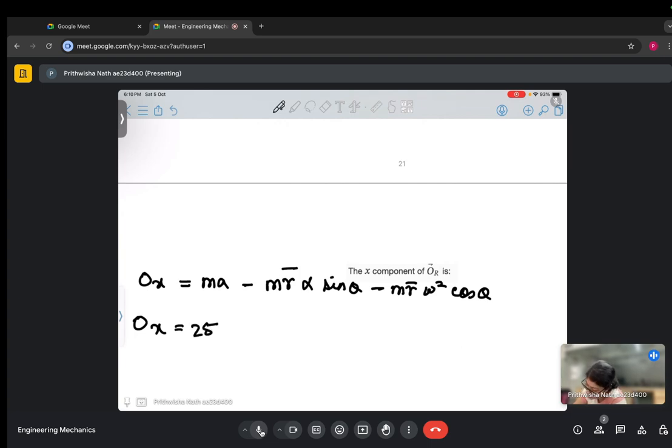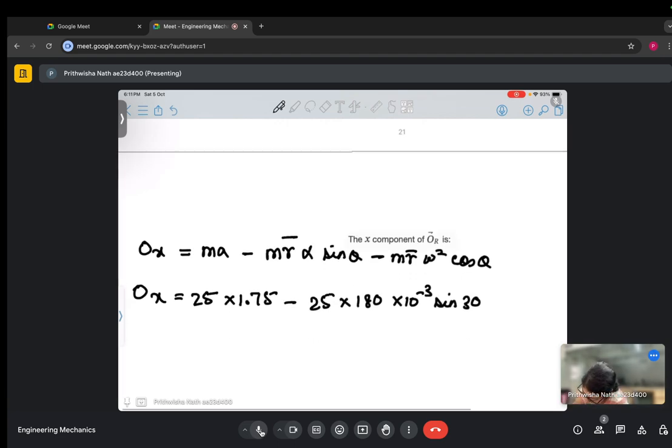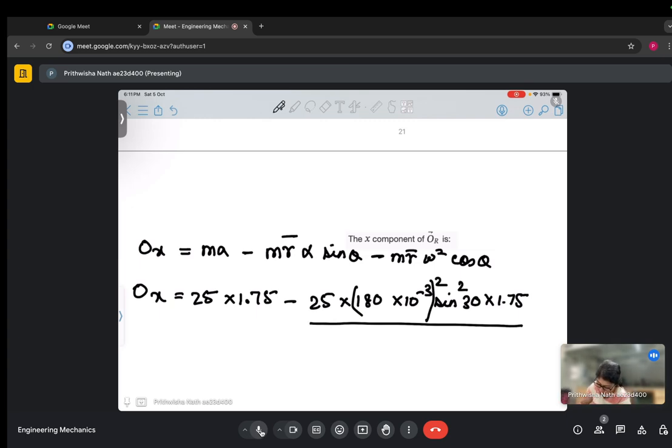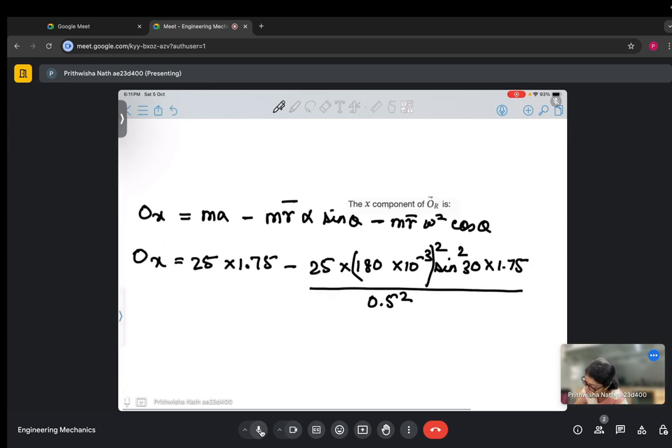M is 25, acceleration is given as 1.75, R is 180 into 10 to the power minus 3, alpha is, so alpha is given as A by R, again 1.75 R, I'll just do a square of this, and again sine theta, so square divided by k naught square, that is 0.5 square. Now the last term, minus of